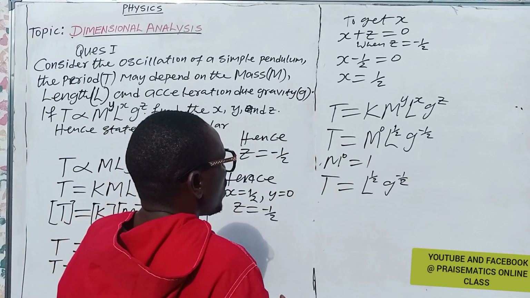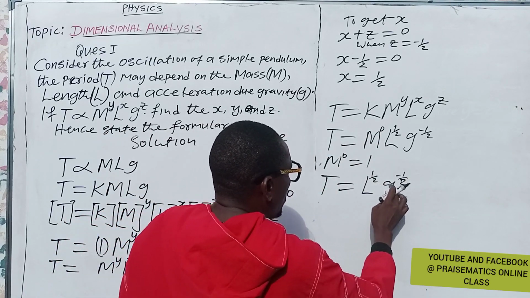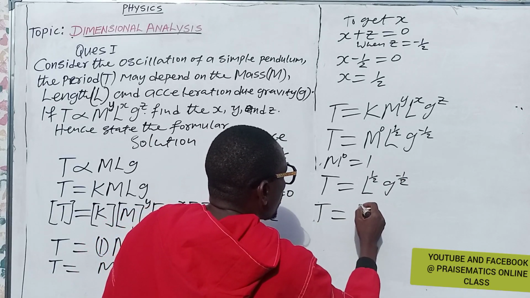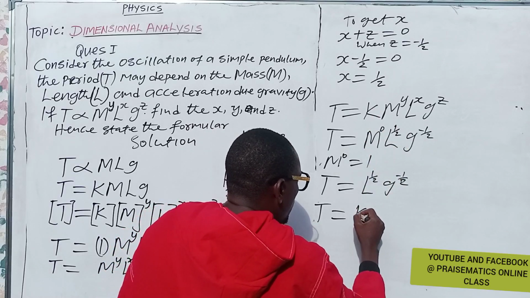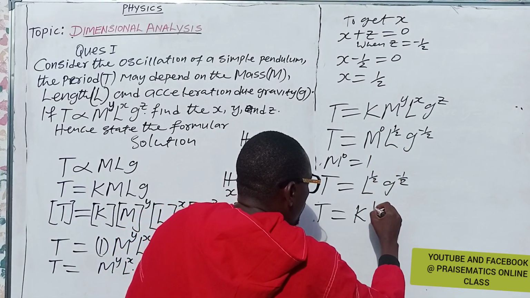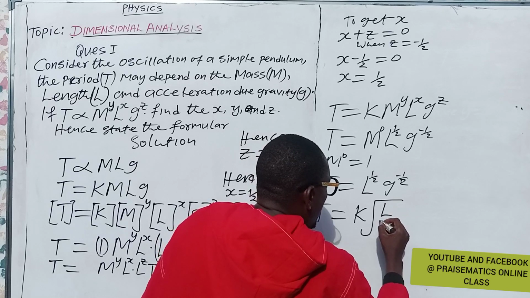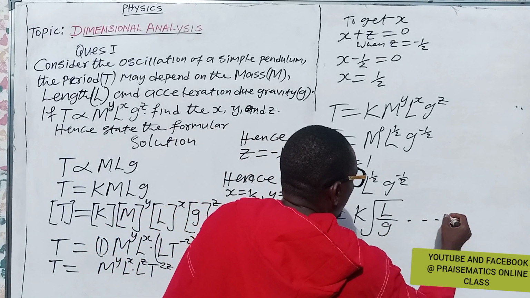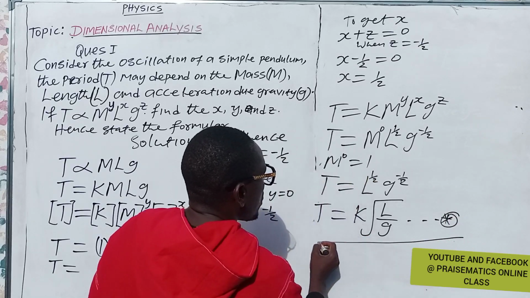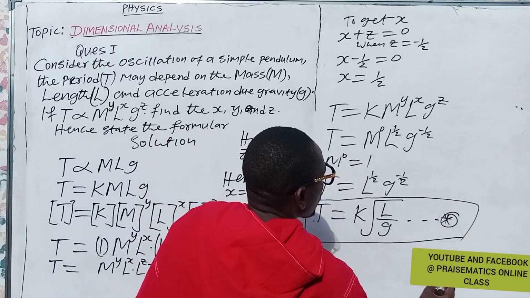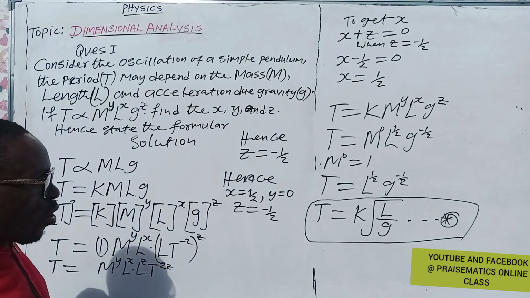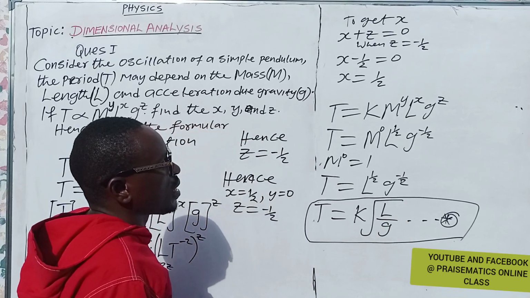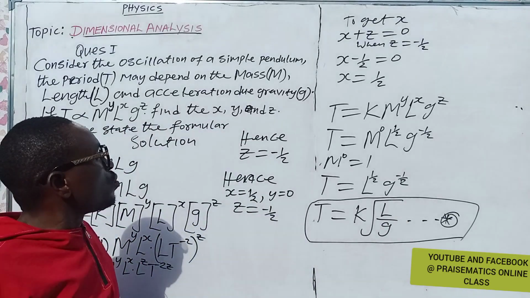If we leave this constant like this, this can be the same thing as saying T is equal to the constant k times the square root of L all over g. And that is the relationship, and that is the formula that they asked us to find. Hence, finally, this is the formula of this equation. By the laws of indices, you get it out, and this will be this, and that is what we have. So that is how to do it.